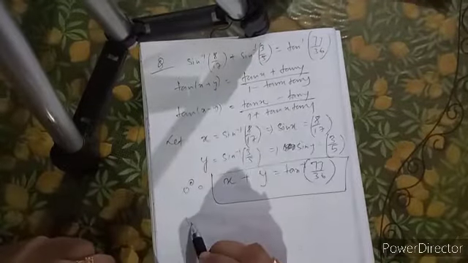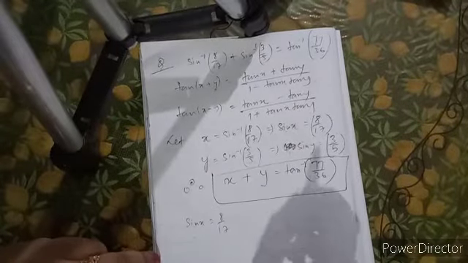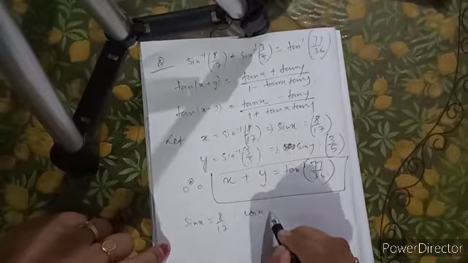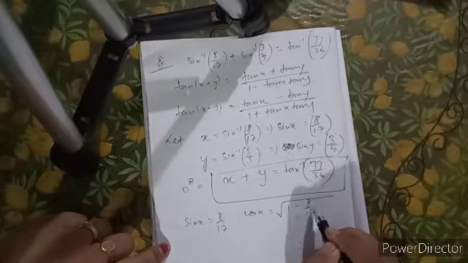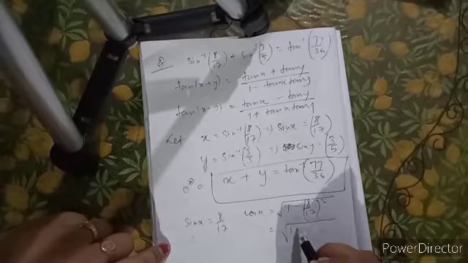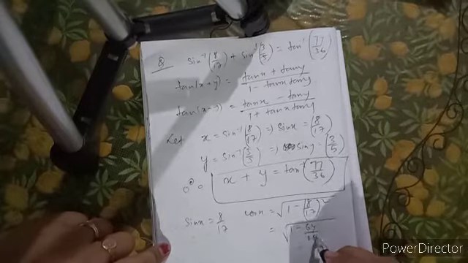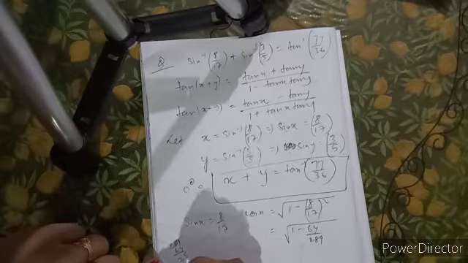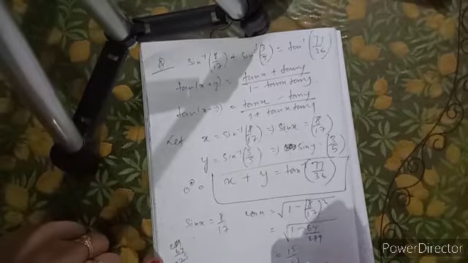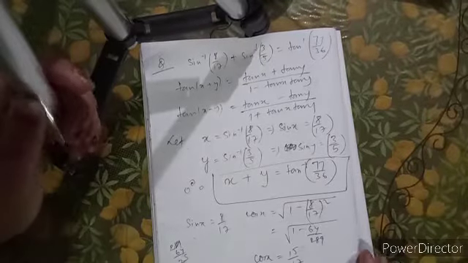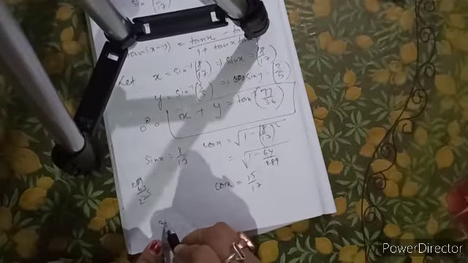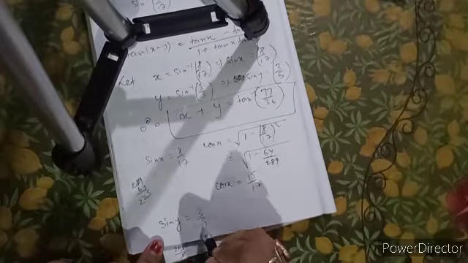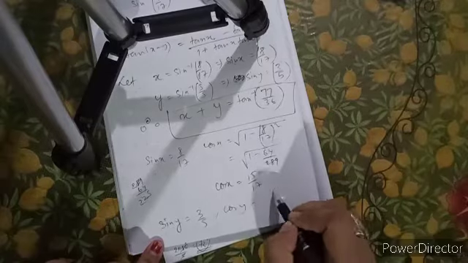Okay, so since sin x equal to 8 by 17, so cos x will be root over 1 minus 8 by 17 whole square using the identity. So 64 by 289. So 289 minus 64 will be 225, so we will get 15 by 17, that is the value of cos x. Okay, so here again sin y is given as 3 by 5, so it is very easy. So cos y will be 4 by 5, is that it?